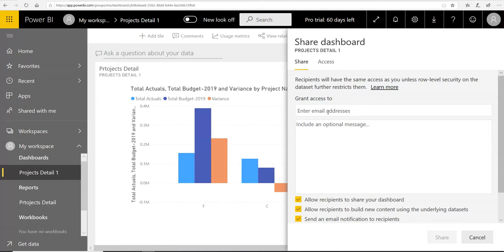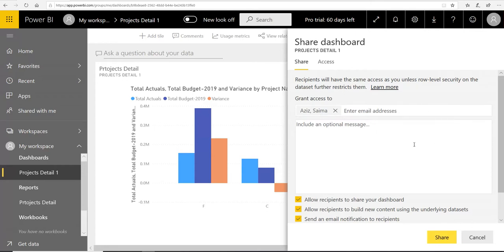But keep in mind, do not write down Yahoo, your personal email, Hotmail or Gmail. It will not support Gmail, Hotmail, etc. You have to write down the email. If you are working in some organization, definitely you have some email address, so you have to write down that email address. I am going to write down my email address here, and as many email addresses as you want you can write here.